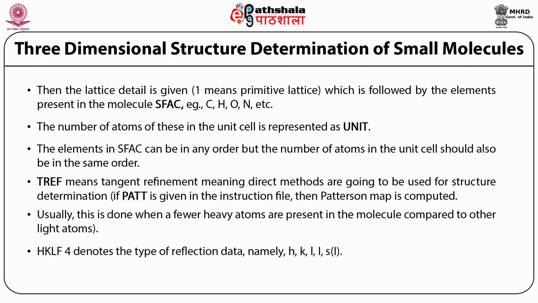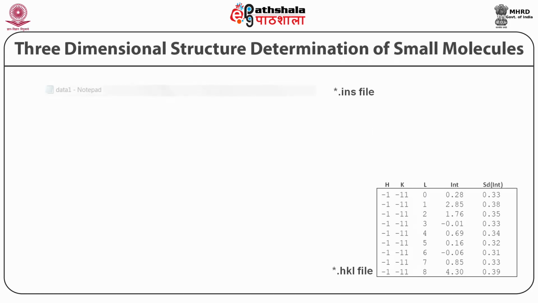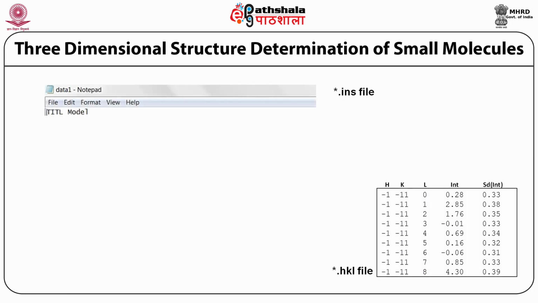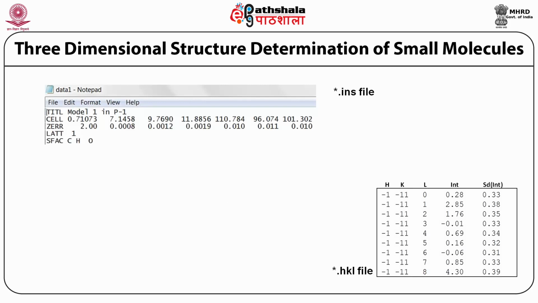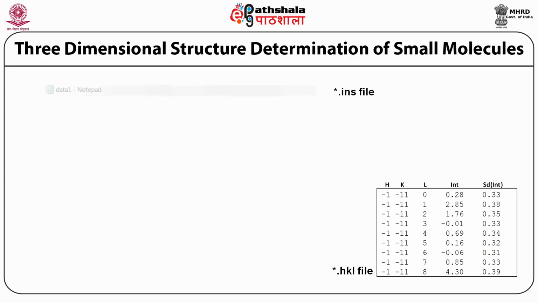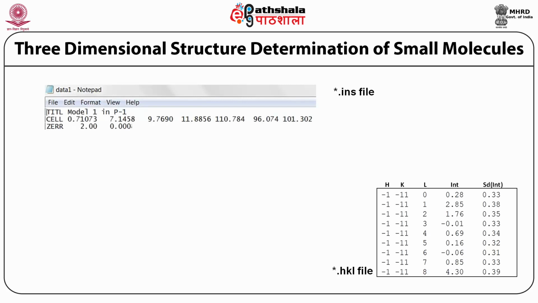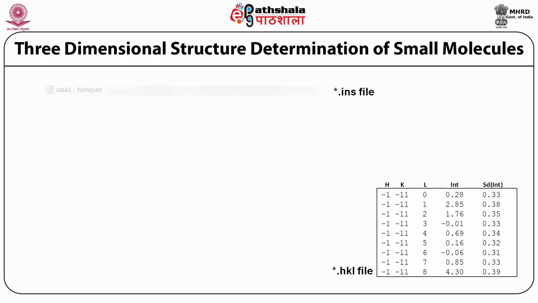So now as an example, we are going to see these 2 files in the next projection. We have whatever files are necessary for SHELXS to run. Whatever is there, I told you just now. Title is filled up, cell is filled up, Z error is filled up, lattice is filled up, SFAC is there, UNIT is there, TREF is there, HKLF 4. Then the last card is END. Then at the bottom I have given an example of a reflection file. We just see here that the Miller indices HKL can be positive, negative, or 0. The last reflection in this file is indicated to the computer program by typing 000 in all the places.